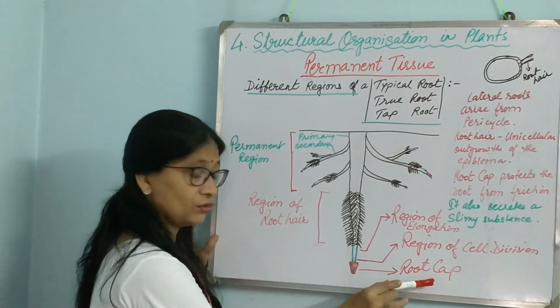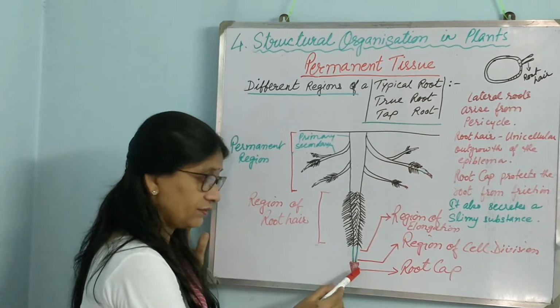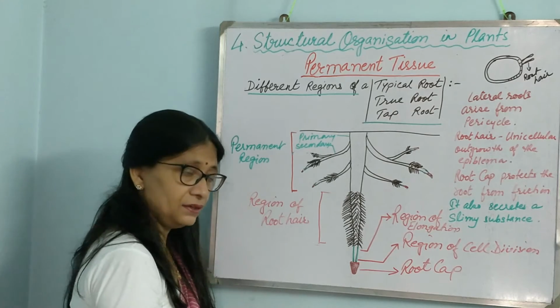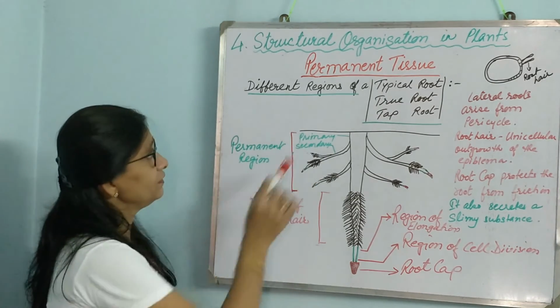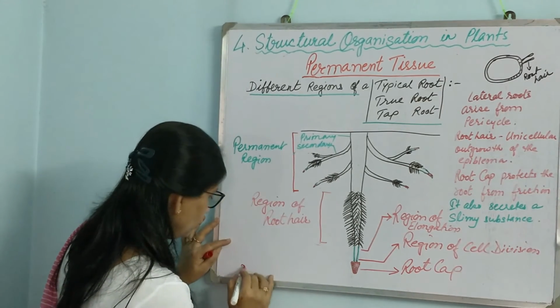After that is the region of root cap, which protects the root from friction and also secretes a slimy substance which helps in the penetration of the root inside the soil. So these are the different regions of a typical root. So this diagram shows,